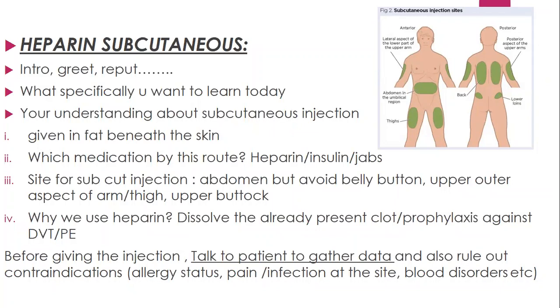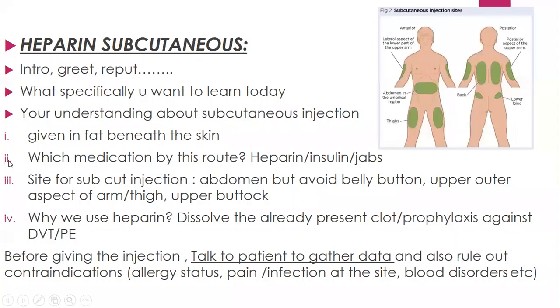So heparin is given, insulin is given, some jabs are also given, and then you will tell him about the site of subcutaneous injection. I think instead of talking about intramuscular injection, and that was okay. I will not say that it's wrong, but it will be a little bit off the topic. So it's better to stay on the topic because you have to talk about a lot of things related to your topic. So you have to tell him the site of the subcutaneous injection.